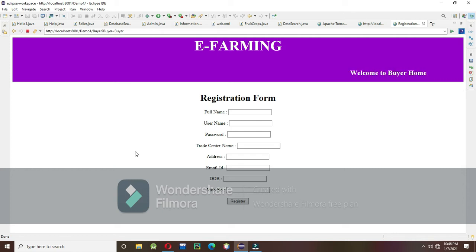So we created one registration form for the user to register. When the user fills the registration form, the data of that form is stored into the database and the user goes to the buyer page. So we have to fill this form.